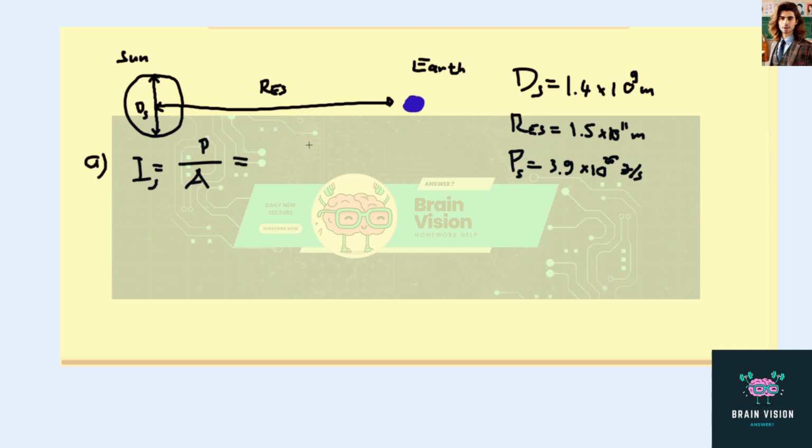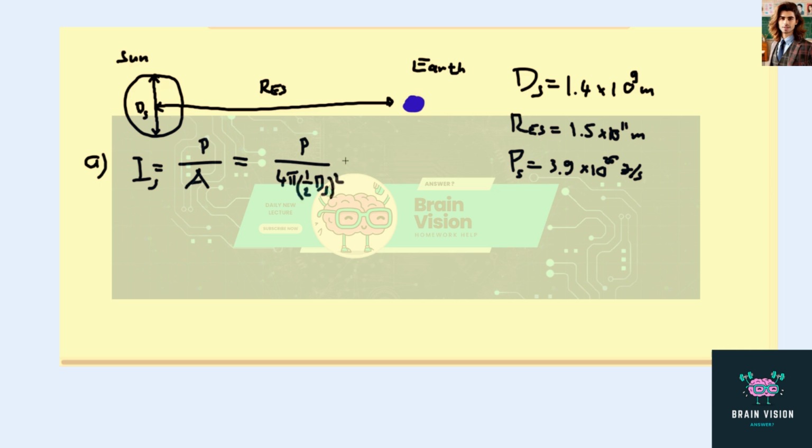And again, assuming that it has a spherical surface, this is going to be 4 pi times r squared, but r is a half of d_s, so this is going to be 1 over 2 times d_s